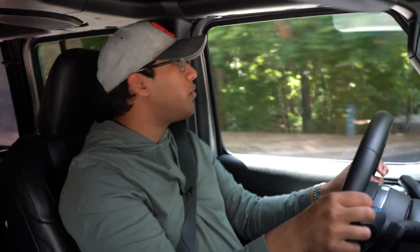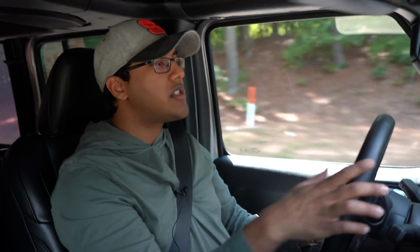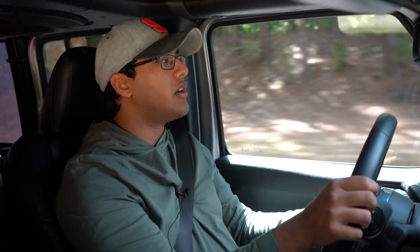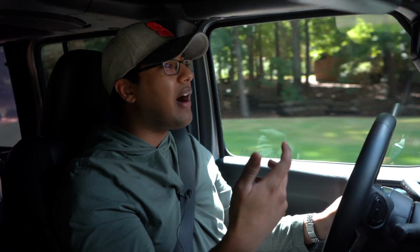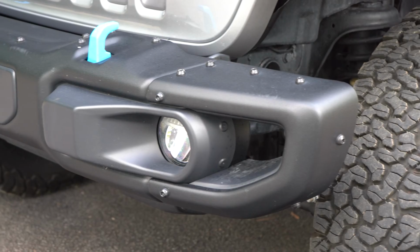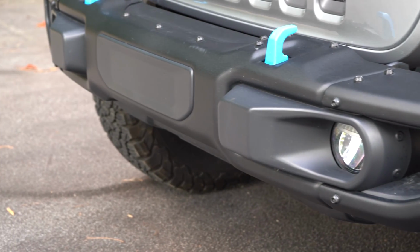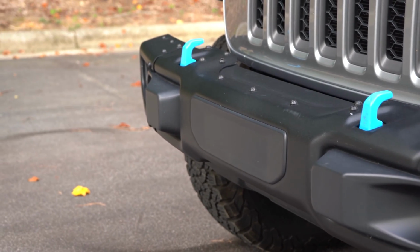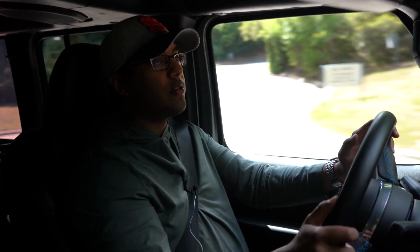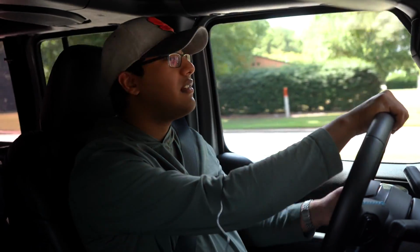Now, I'm going to close out with some subjective things before we get into the interior segment. There's a brotherhood going on with the Wrangler. It's the people's vehicle. When other Wranglers see you, they wave at you. I love it. It makes your day. This is clearly a compromised vehicle. I get it. You can just get a regular SUV, and it would be better than this, but it'll never be a Wrangler. And you have other competitors like the Broncos and other vehicles that are trying to mimic what the Wrangler has always done, but it'll never have the kind of